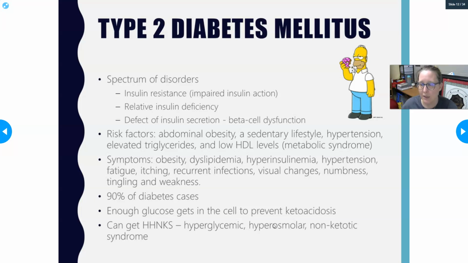Then it can progress to a relative insulin deficiency, meaning that because of the insulin resistance, the body responds by simply producing more insulin